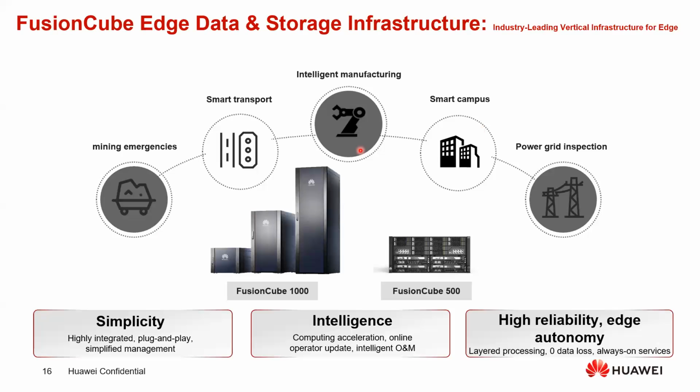Okay, let's continue to understand the FusionCube 500 and the FusionCube 1000. As I mentioned, these two products are especially for the edge. The FusionCube edge means the last milestone where we are collecting or processing the data. Some examples are mining, transportation, intelligent manufacturing, smart campus, or power grid hub